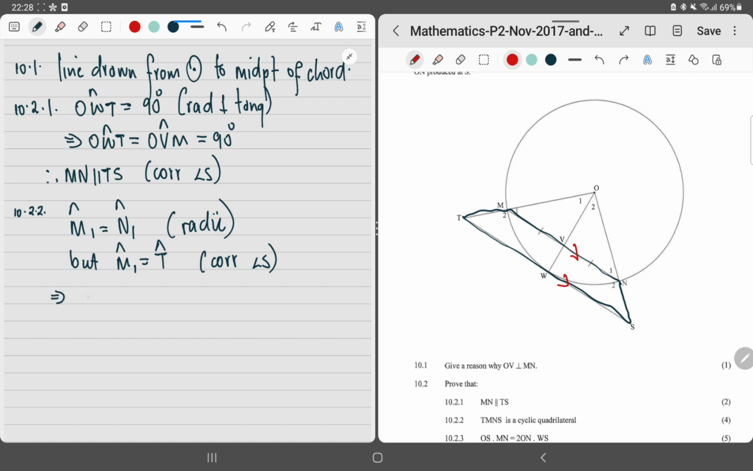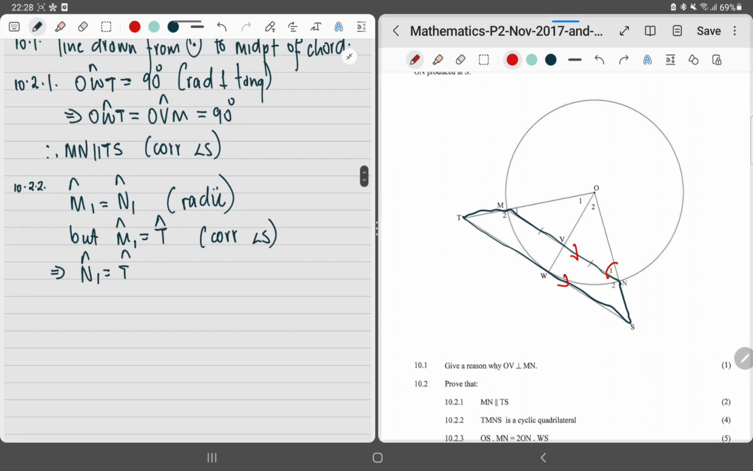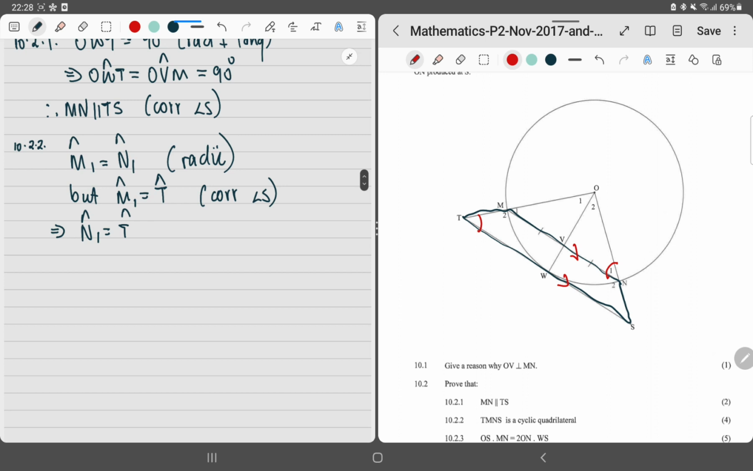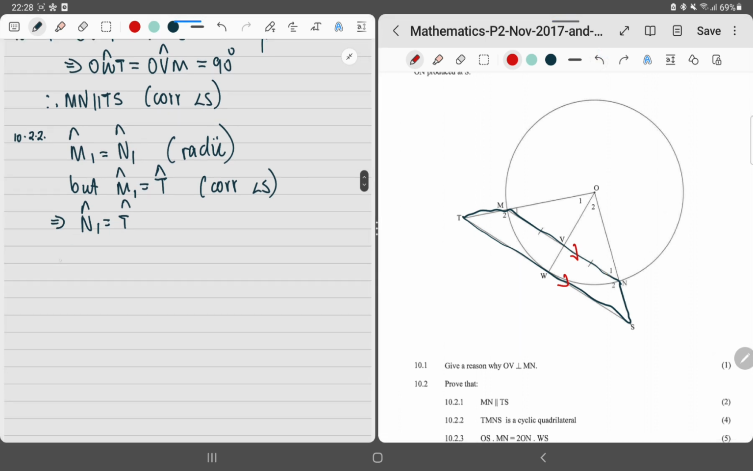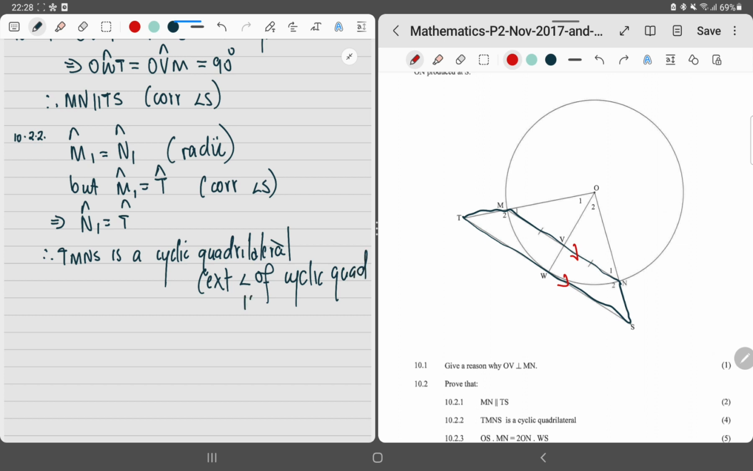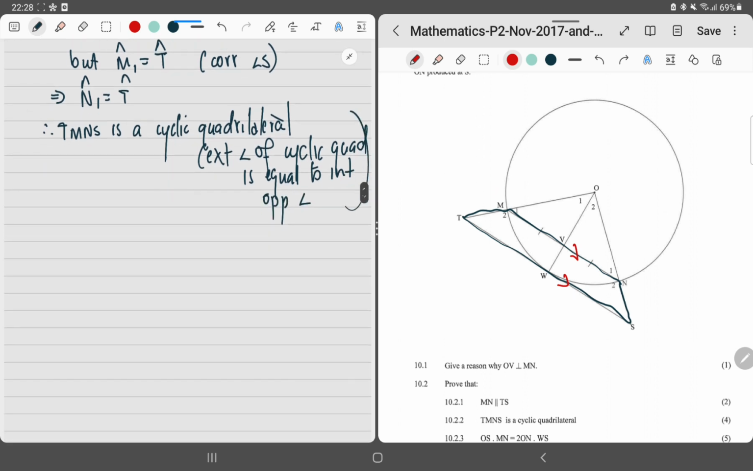So this means that N1 should be equal to T. So this angle right here is equal to that angle. So it means that therefore TMNS is a cyclic quadrilateral because exterior angle of a cyclic quad is equal to the interior opposite angle. Then